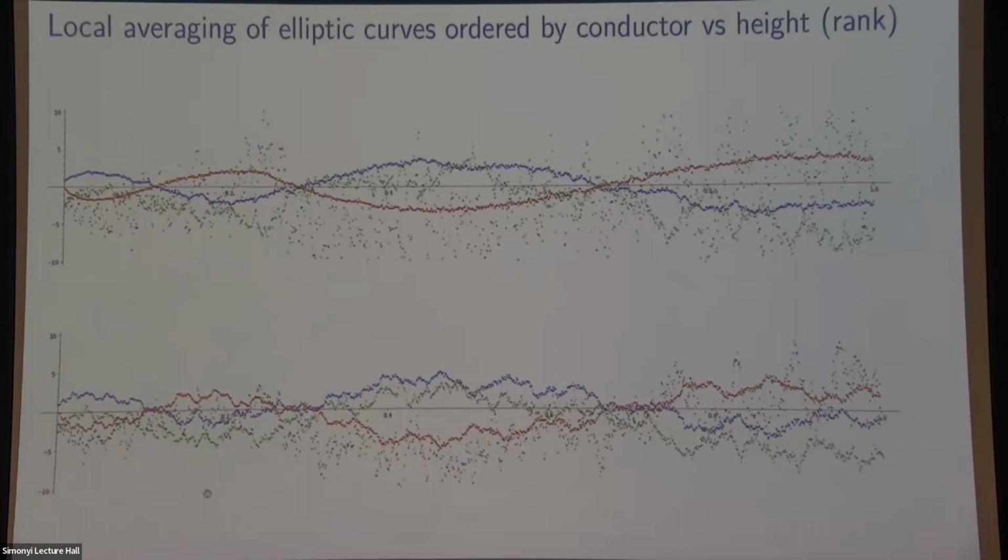And you'll notice that they're all shifted. The other thing I should point out is green is shifted. You should expect the green curve and the blue curve to be correlated because they have the same root number, but you should expect the green curve to be slightly below because it has higher rank. It should have more negative APs.